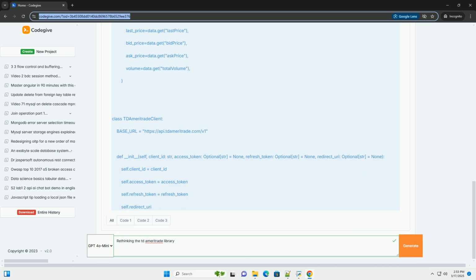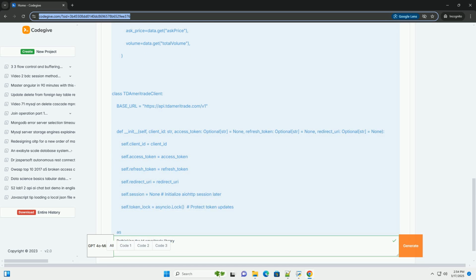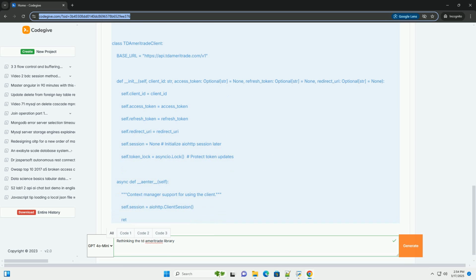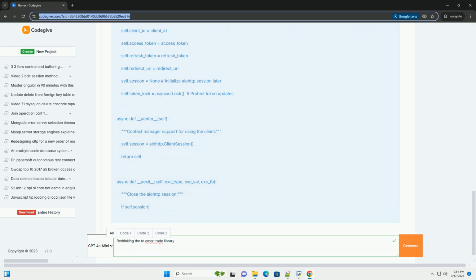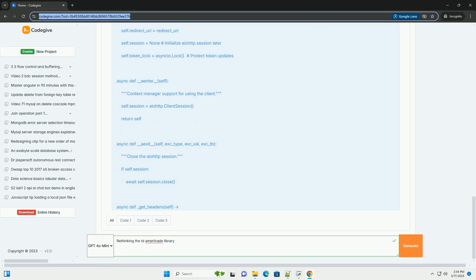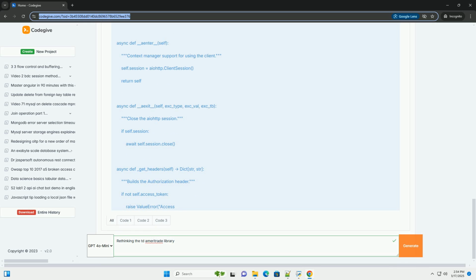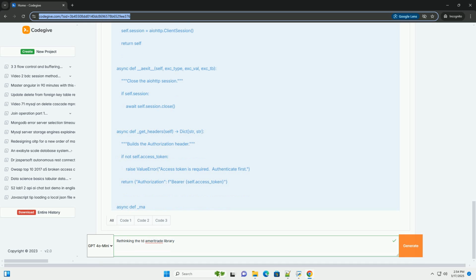You might find yourself wanting more control over data structures, asynchronous operations, or wanting to tightly integrate the API with specific frameworks like asyncio or fastapi. This tutorial explores how to rethink the td-ameritrade library, focusing on building a more flexible and customizable interface for interacting with the API. We'll cover: